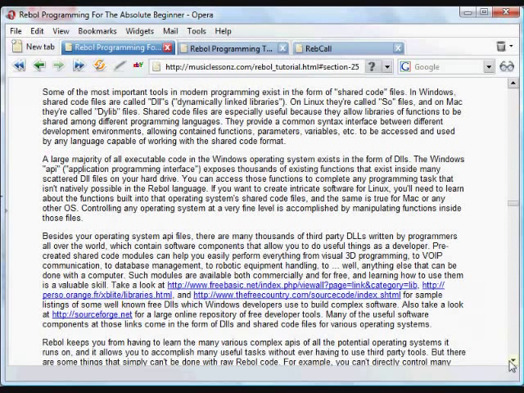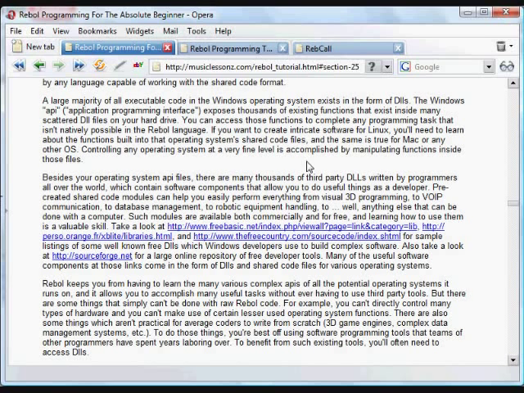And there are many low-level functions and specific little bits of control on the operating system that aren't included natively in Rebol that at some point you might want to control very finely in a program. Also, there are many thousands of third-party DLLs that have been created by programmers all over the world that let you do more powerful things, things that required a lot of programming to occur, and they expose certain functions that you can access at a very high level to do, for example, 3D programming or perhaps voice over IP program